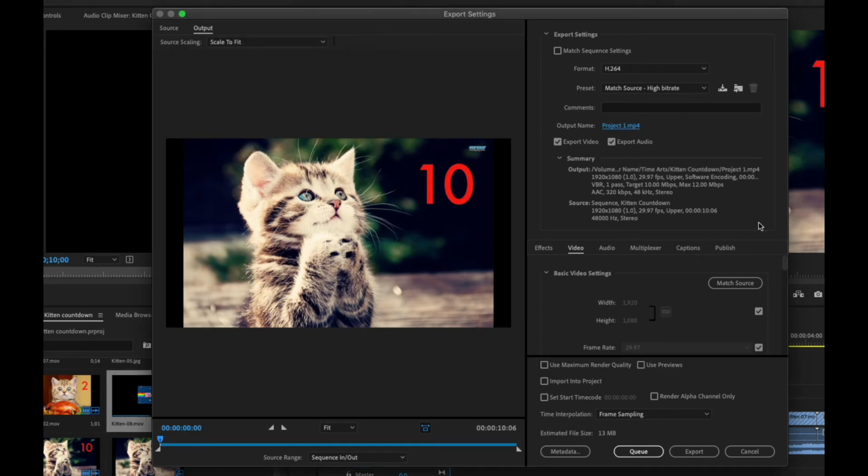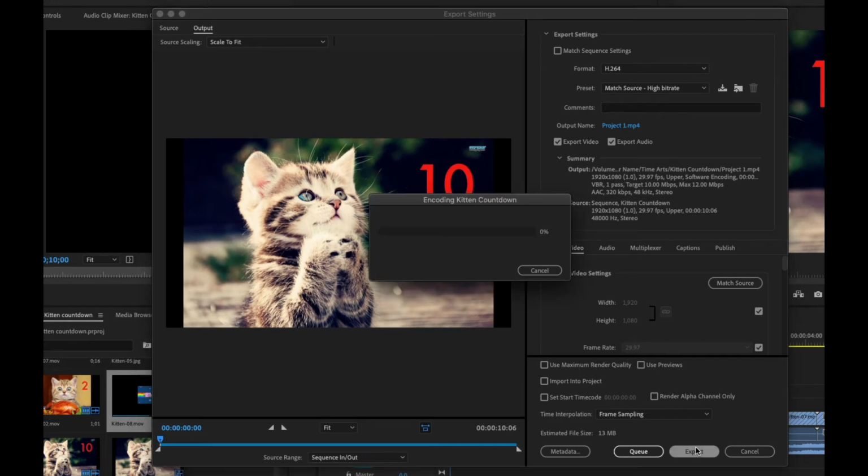This isn't done. You've just saved the output name. We need to actually export it. And we can do that by clicking right here where it says export. Depending on the speed of your computer and the length of the clip, it will export in a couple seconds or a few minutes. If it goes way too long, you might want to check to make sure that you haven't accidentally set up the project too large for everything we're going to do in this class. Once it's done,